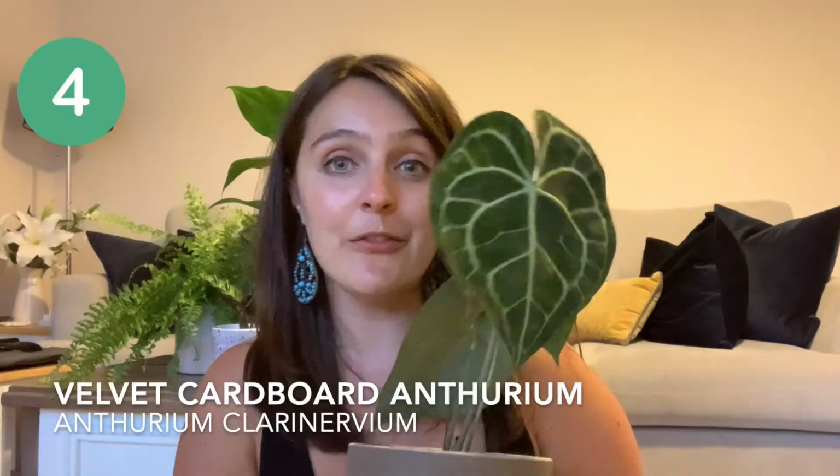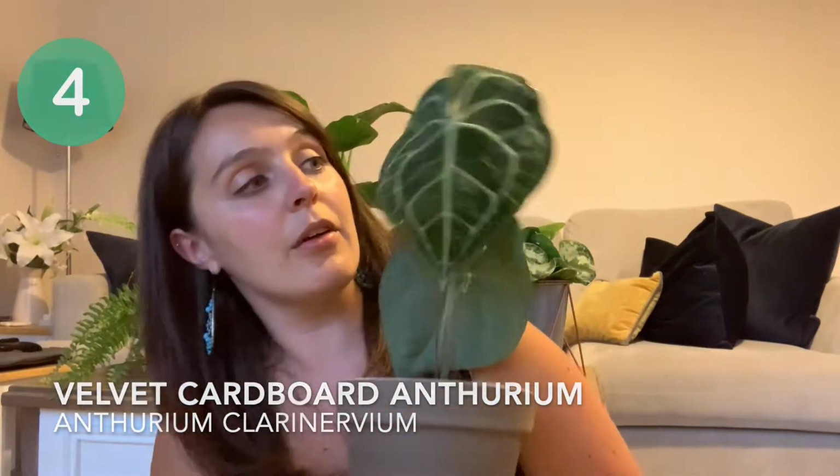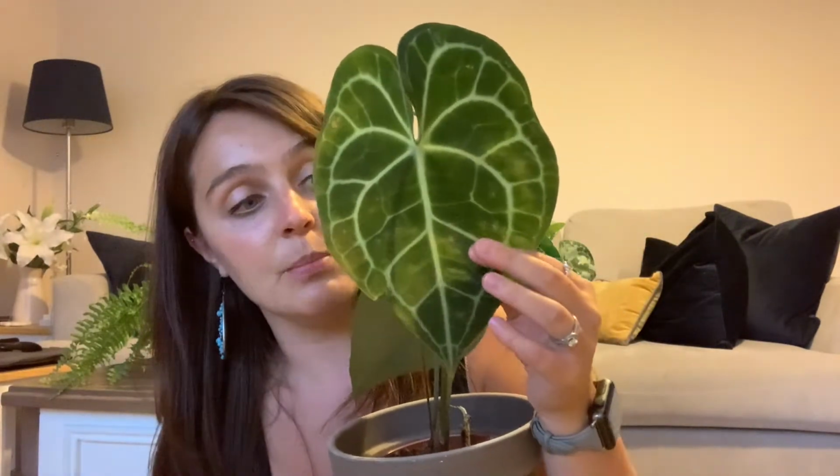So plant number 4 is my Anthurium clarinervium, which I bought because it has my name in the title. This is a fairly new plant, so she's still recovering a little bit from shipping. I think she's in a bit of shock. They're also called a velvet cardboard plant,